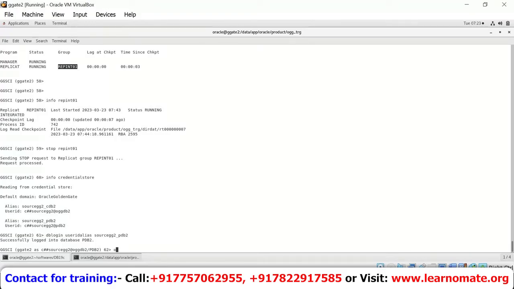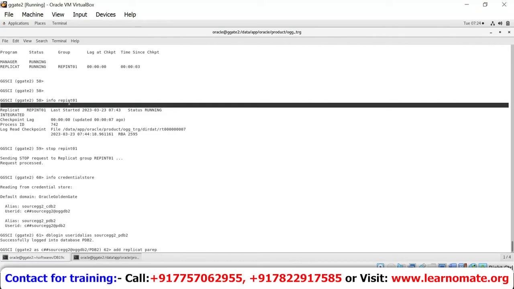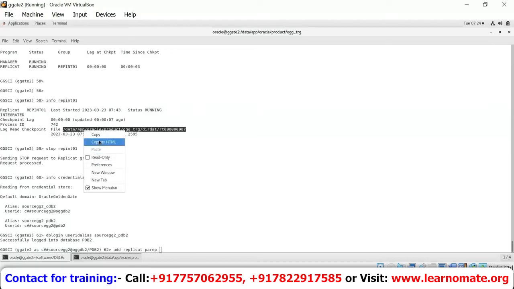Now do add replicate name. We want to upgrade the existing replicate to a parallel replicate, right? So you are going to provide the same location from where your existing replicate is reading the data from. Your existing replicate is reading the data from this location, data app Oracle product OGG TRG dir dat slash RT location. So add replicate PAREP,